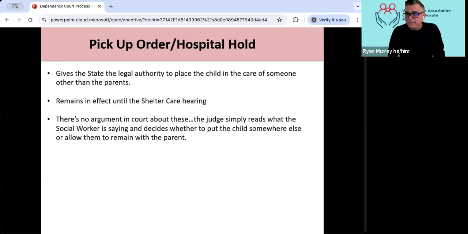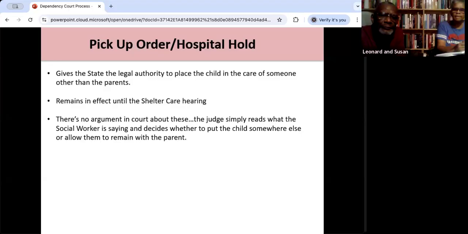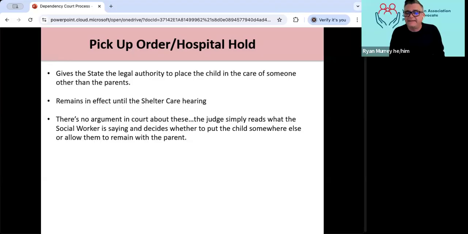These pickup orders or even hospital holds give the state the legal authority to place the child in the care of someone other than the parents. That could be a foster parent, a relative, or the hospital. And that hospital hold remains in effect until the shelter care hearing.